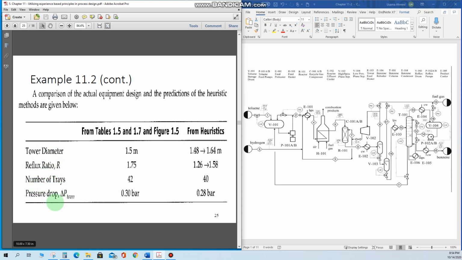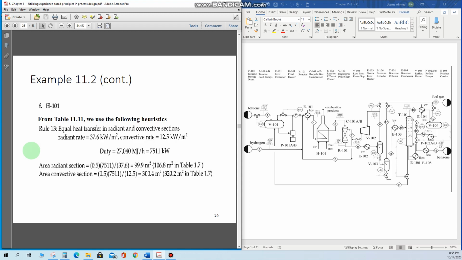ratio, number of trays, and delta P, all of these values are very close to the actual values that we get from the simulations or by developing the actual process. So all of these values are in good agreement with the actual values, so we can use the heuristic information for designing these columns in future also. Okay,